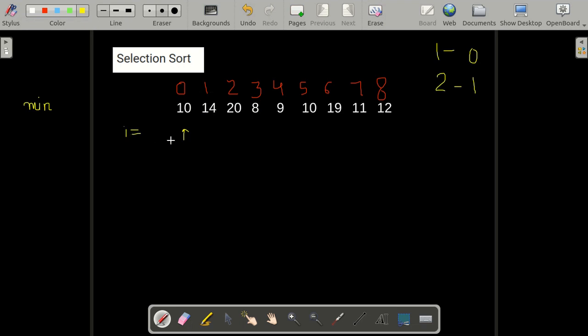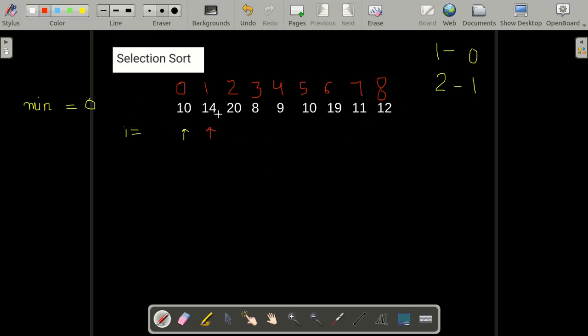So in the first pass we want this element to be sorted. So what we'll do is I'll place 0 in minimum. I'll assume that this index has the smallest value. Now I'll run these loops and I'll check if the element at these indexes is smaller than the element at my minimum index, then we are going to swap the indexes. So now I come to index 1, that is we'll move from I plus 1 to length.